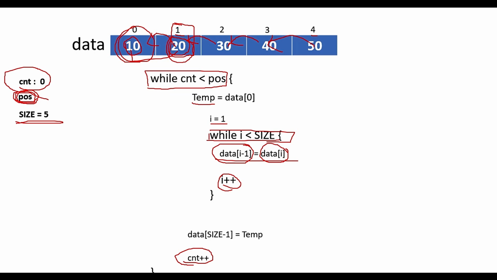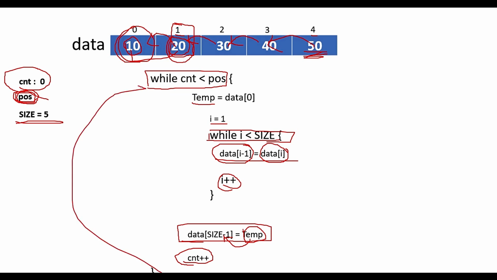And how will I do that? I'll have a statement that will take the temporary variable, and that value will be added at the end of the array. So the 10 will be added somewhere here at the end. And we can say that the array is left shifted by 1 position. If the loop iterates again, then the same logic will flow for shifting the elements by 1 more position. So let me show you an implementation of this algorithm.